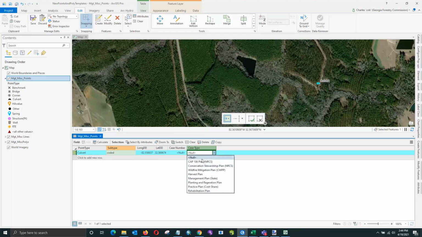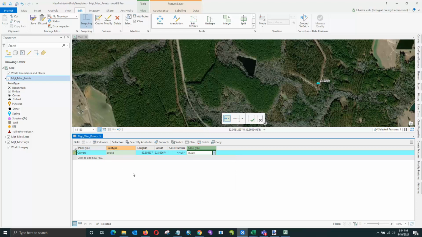So you might want a point associated with one of these plans. This is from the smart reporting for management. This is going to be how we report when we have all of our plans reported to the Forest Service. So it's pretty generic, but still you may have something else. You may be working on something else. So